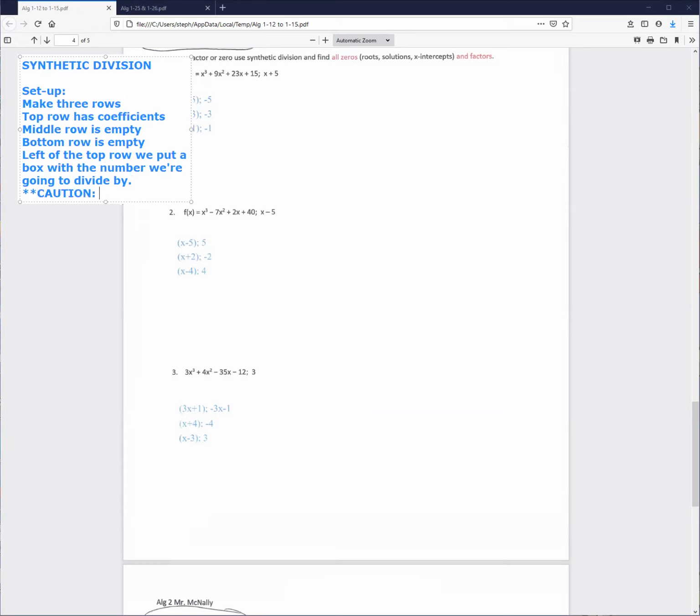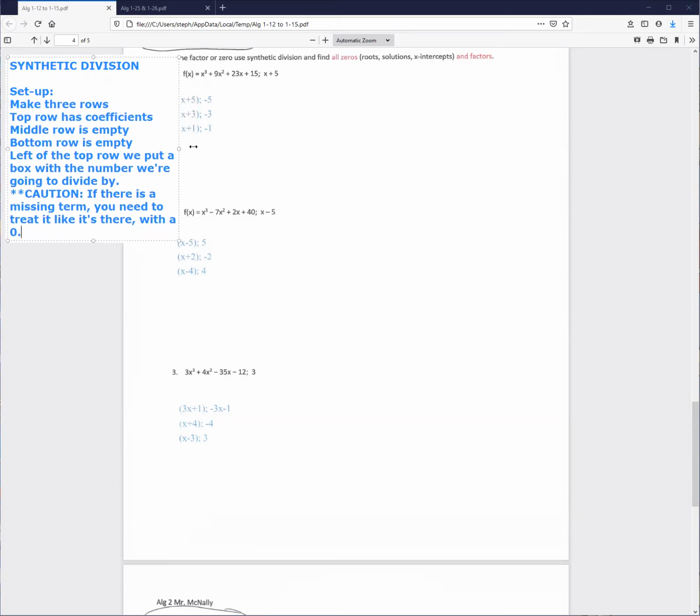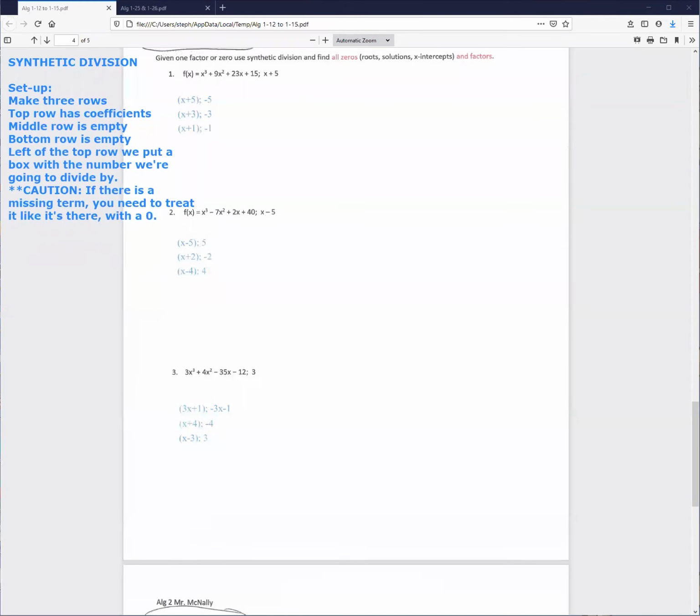Be extra careful if there is a missing term. You need to treat it like it's there with a 0. I don't see any questions like that on this first page here, but I do want you to be aware that that is a thing. So let's definitely watch out for that. That's the setup. Now, the actual steps. Oh, I need to move that so it's not overlapping number 2 there. Okay, so the steps